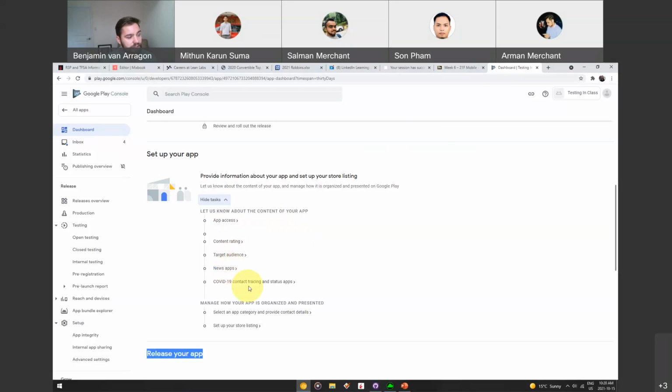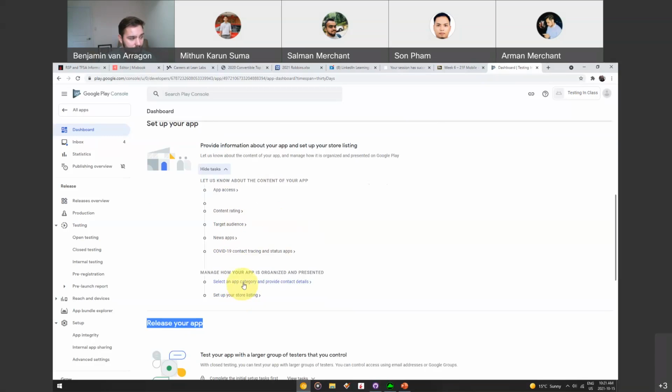COVID-19 contact tracing and status apps, they have their own section for that. And then setting up your store listing is where you upload all your images. And then selecting the app category and contact details as a developer for users to get a hold of the developer. So let's click the content rating system,